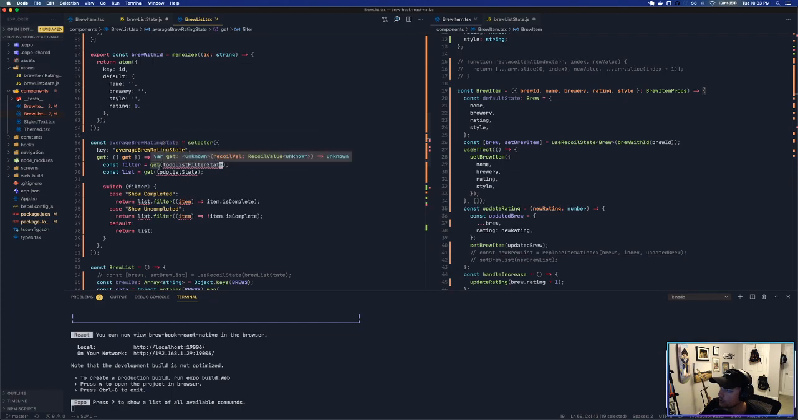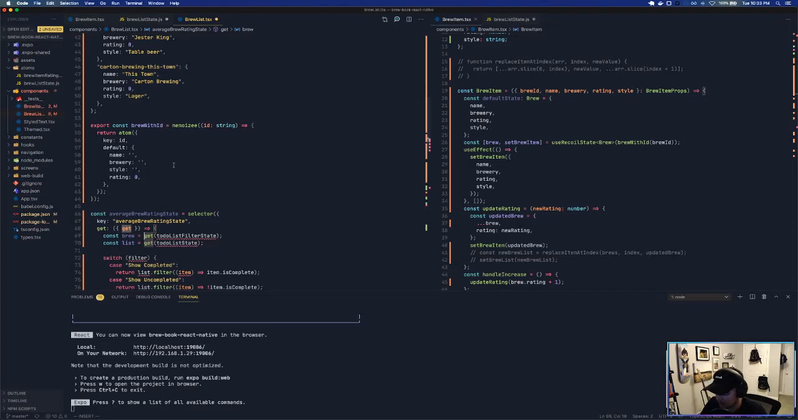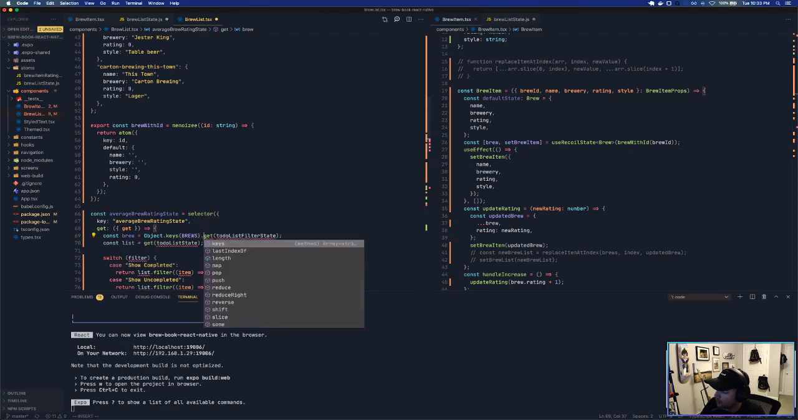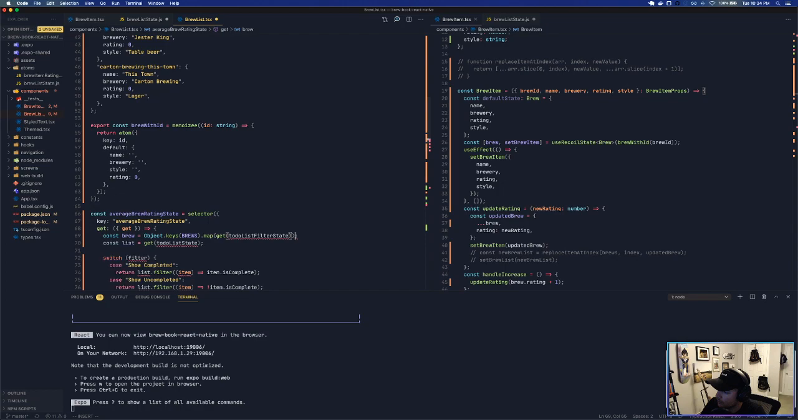So what we'll do is we'll do this. We'll say brews equals, and remember we have the IDs up here. So let's try this. Let's see if this works. Object.keys brews dot for we're gonna map because we're gonna get each atom, and we're gonna return get, and we'll get the